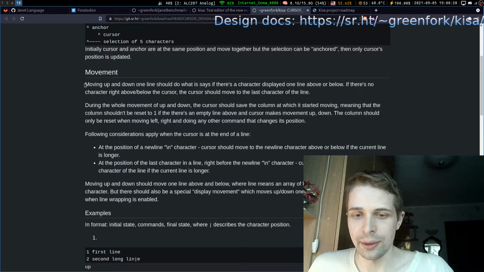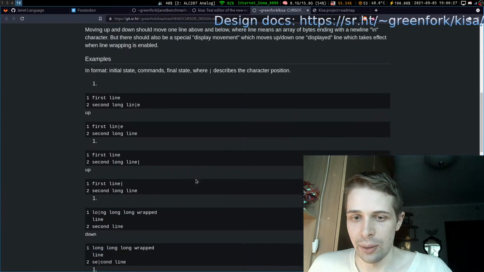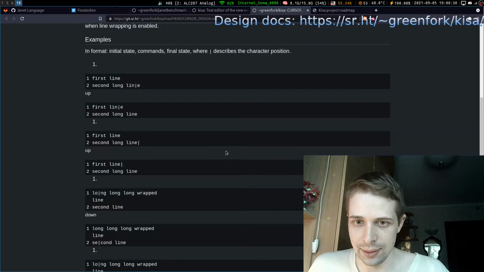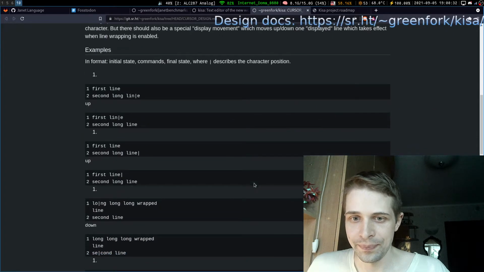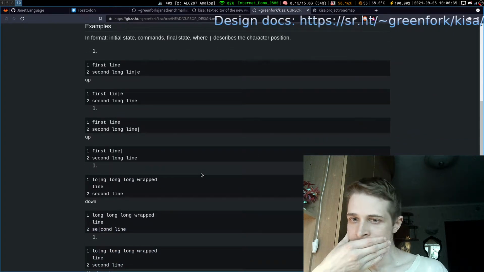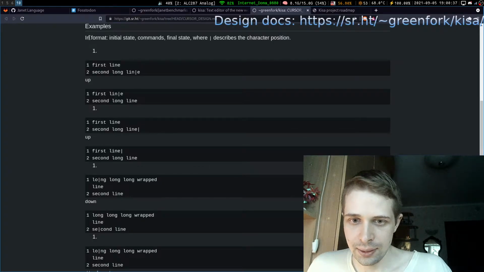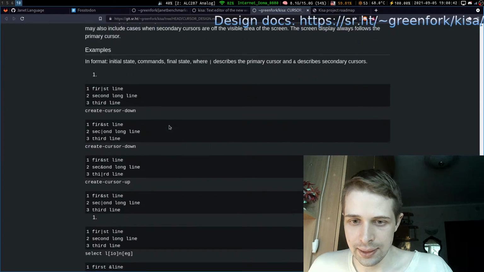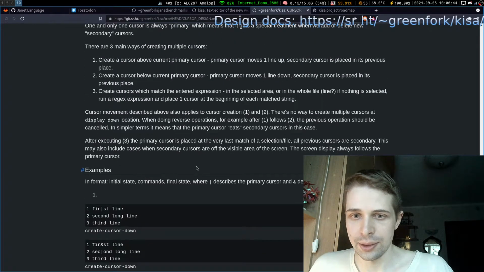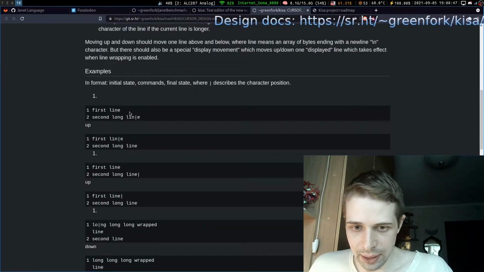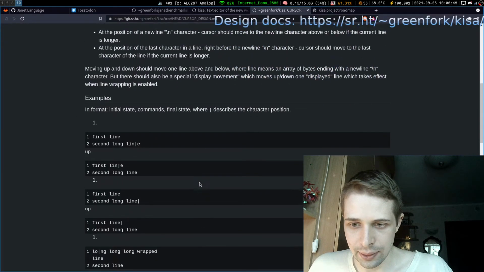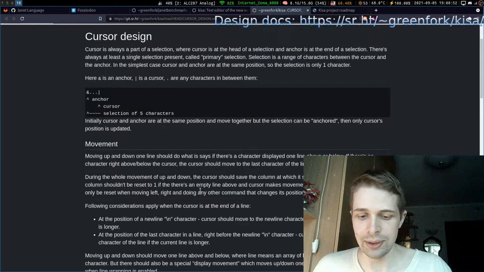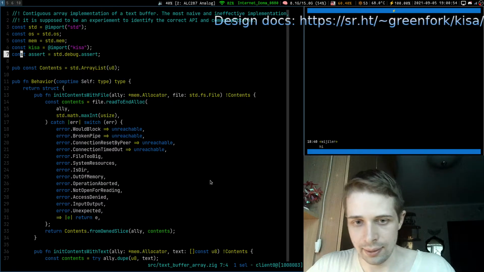Movement, yeah, here I talk about some movement, because some things are not convenient or how I want them to be, and unfortunately there is no way to change it. So here I just describe several things about how the cursor should behave. But I think we get a general sense about it. Let's just write several things.